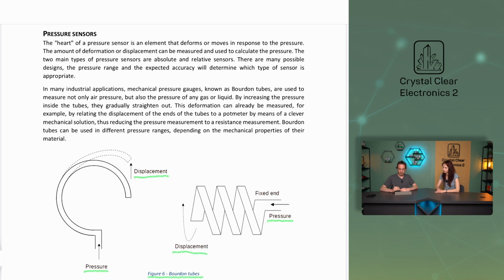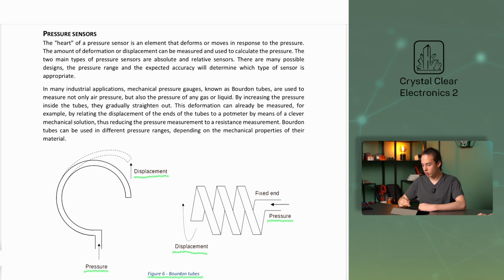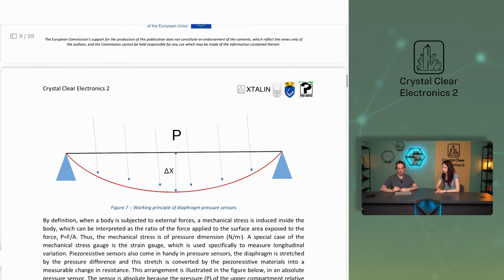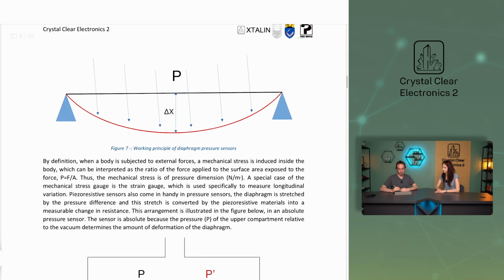This deformation can already be measured, for example by relating the displacement of the ends of the tubes to a potmeter by means of a clever mechanical solution, thus reducing the pressure measurement to a resistance measurement. Bourdon tubes can be used in different pressure ranges depending on the mechanical properties of their material. There are many pressure sensors in which the element that deforms in response to pressure changes is a plate or